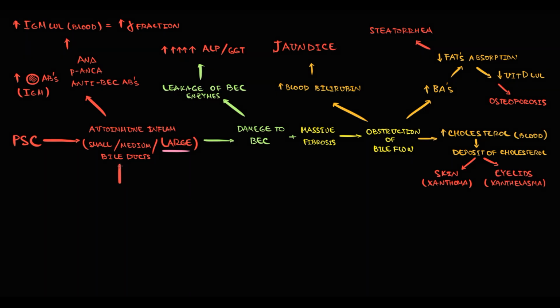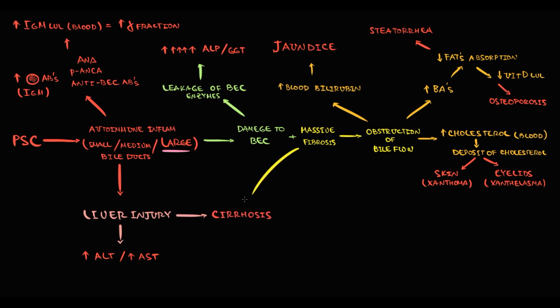With time, inflammation can spread from the bile ducts to the liver tissue, which will cause liver injury. Liver injury can be diagnosed by increasing ALT and AST in the blood, and progressive liver injury leads to